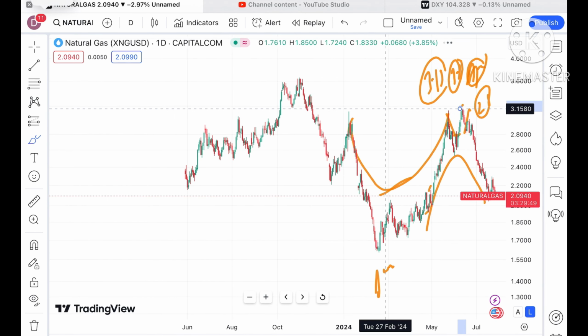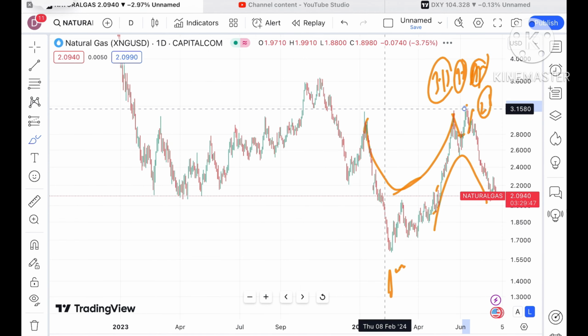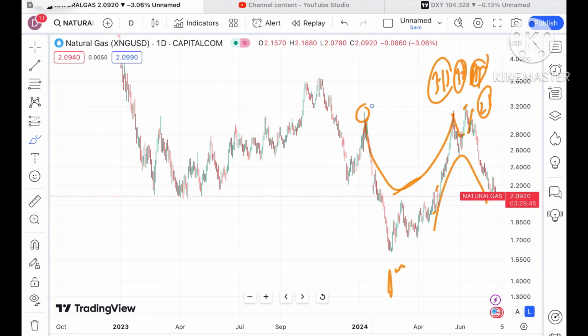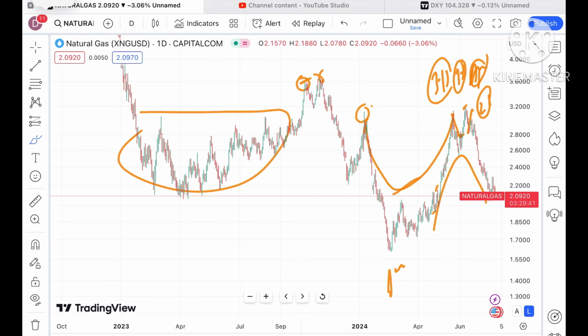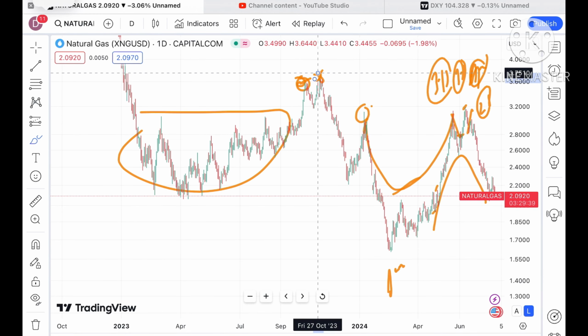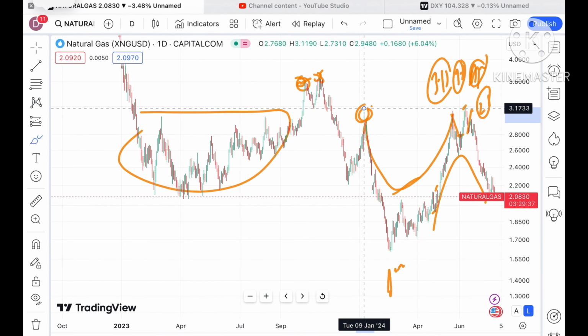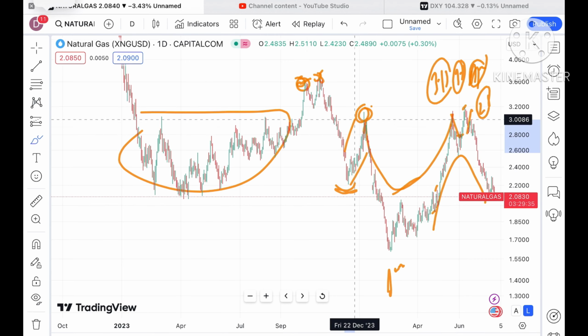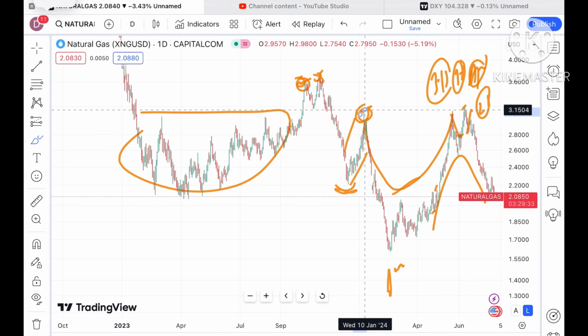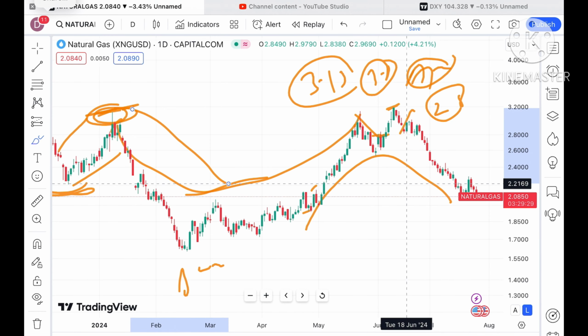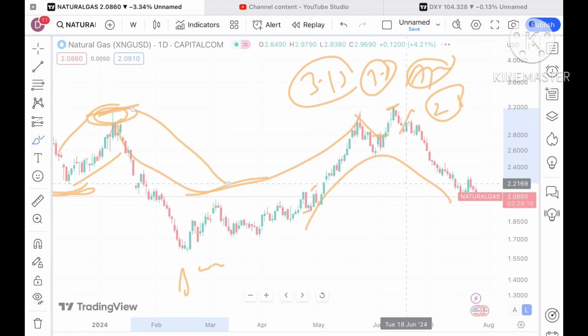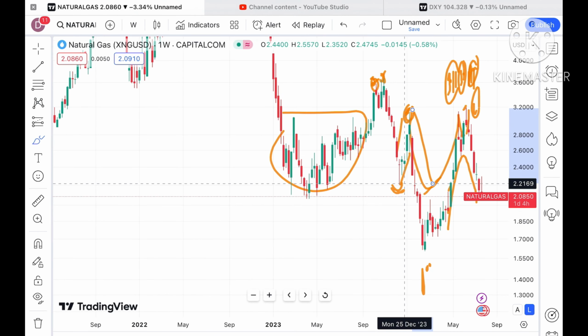Why did it come down? Similar to what we have seen, whenever the price is making a new high, it comes down. Look at this particular zone: whenever it is moving out of a zone and making a new high, we have seen a good fall. Look at this particular trend also. It swung up, made a high, and then it came down. This is what you have to understand looking at this chart. So this is a day-wise chart. Now going on a weekly basis, you will understand how the price can go.